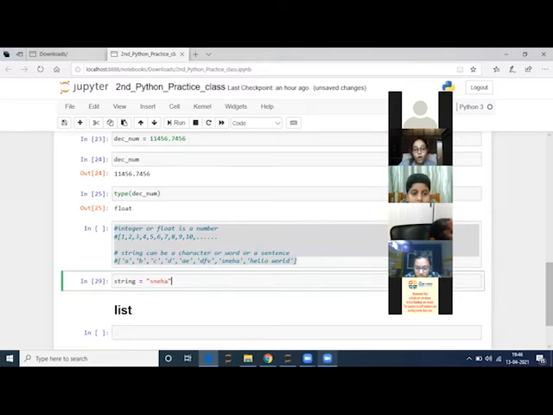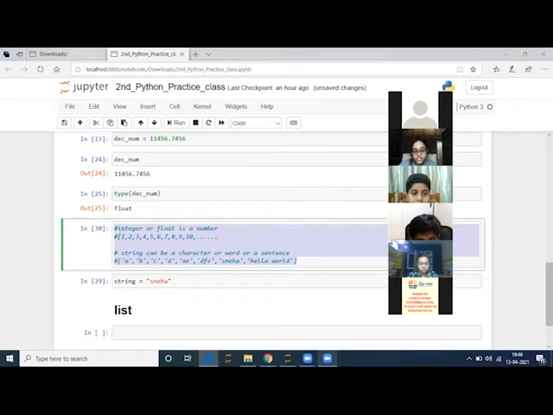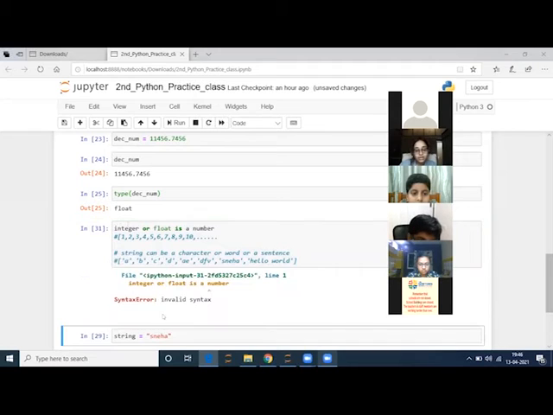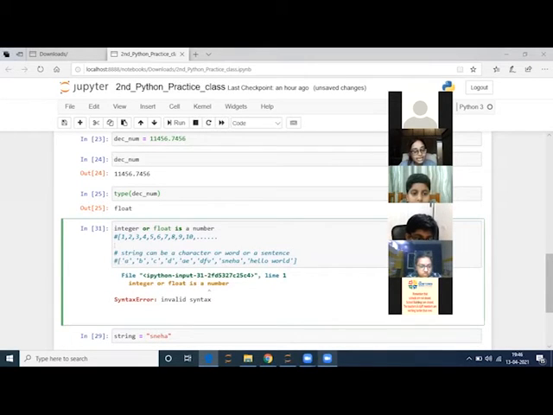I have actually commented these lines, okay? So when I run this cell, I will not get any error. But if I didn't put this hash over here, I will get a syntax error. But I want to comment it and don't want to see any error, so I will put this hash over here. This is for commenting, okay?